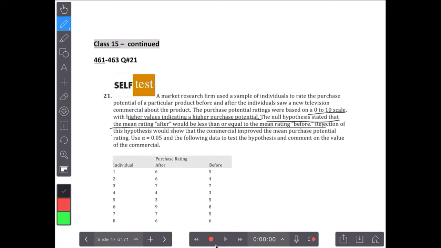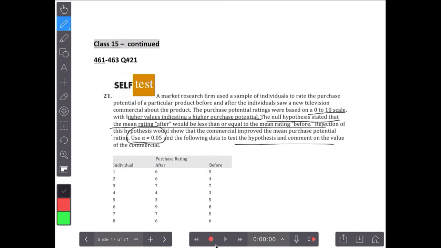Rejection of the null hypothesis would show that the commercial improved the mean purchase potential. In other words, it will show that the mean after is higher than the mean before, because we said higher scores mean higher likelihood of purchasing. So we want to use alpha of 0.05